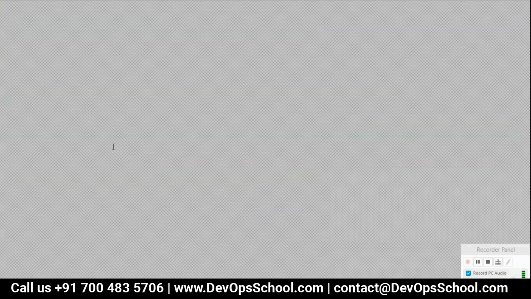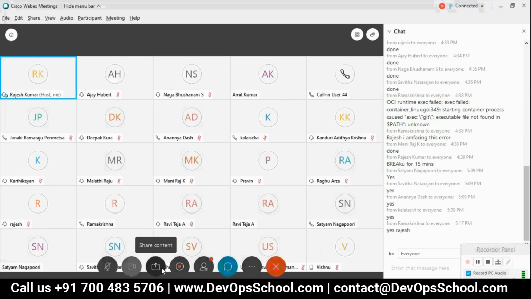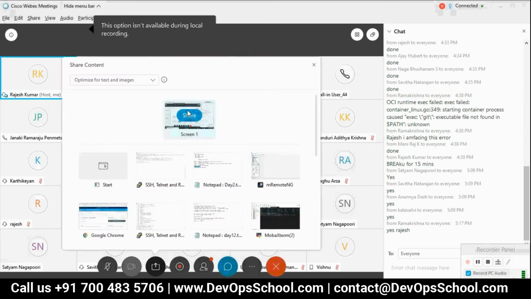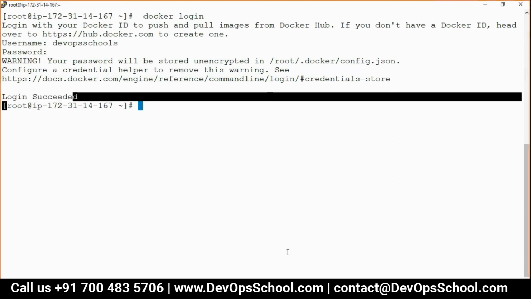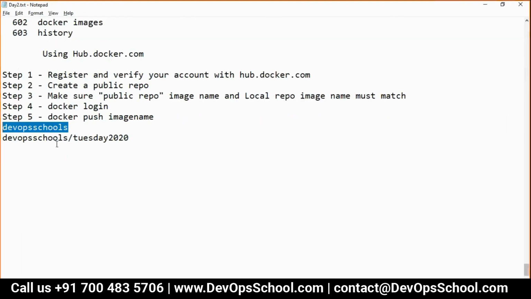Clear the screen. Password, I'm not able to recall this. So here, see, I gave the user ID and password. Login succeeded. That's done.